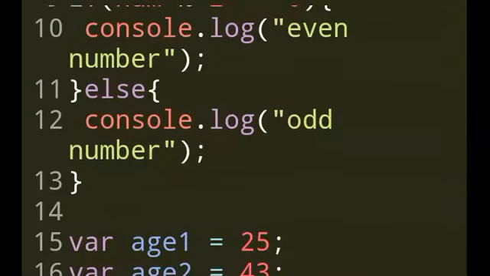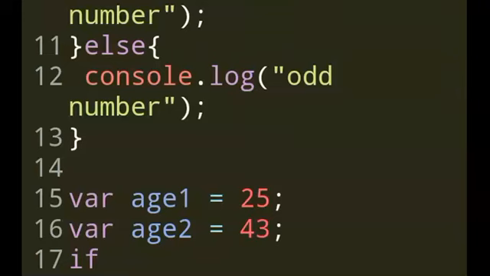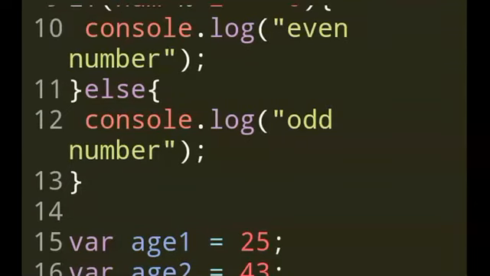Yeah, and then the condition, if age1 is greater than 30,